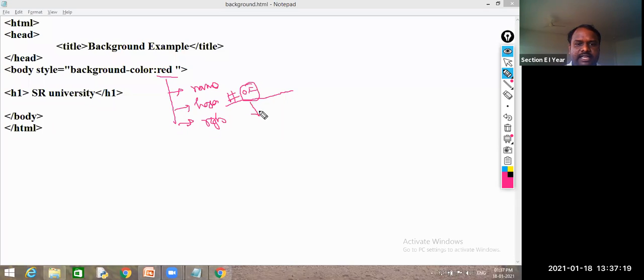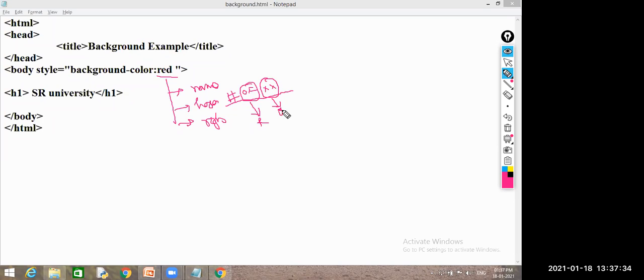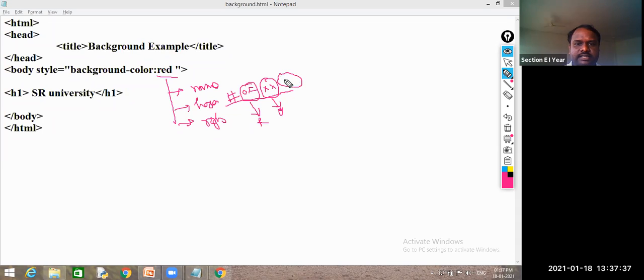And this color belonging to which color? These two numbers? Red color. And the next two digits, okay, this is 1 digit and this is another digit. This is green color, and another 2 digits. This X is nothing but some number we need to write, and the values are 0 to F only. Okay, and this is for blue. If you change this numbering, then you will get a particular color.